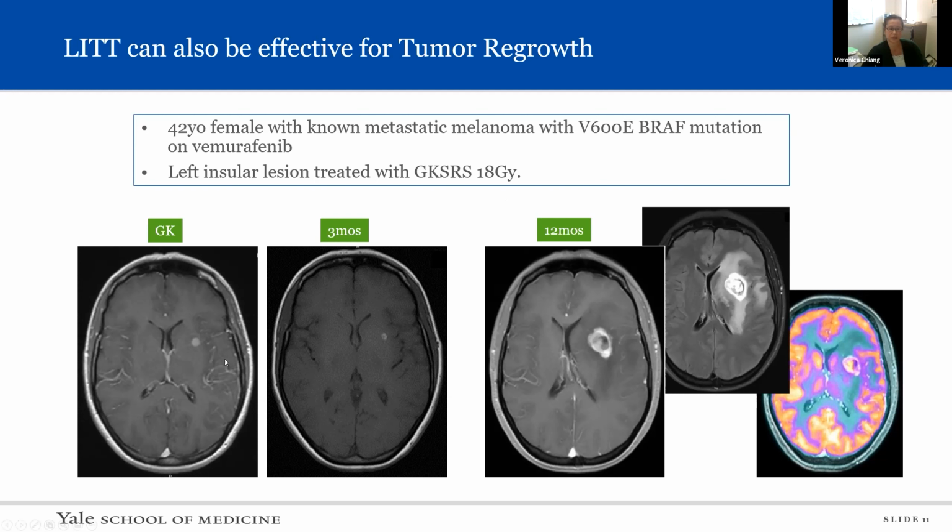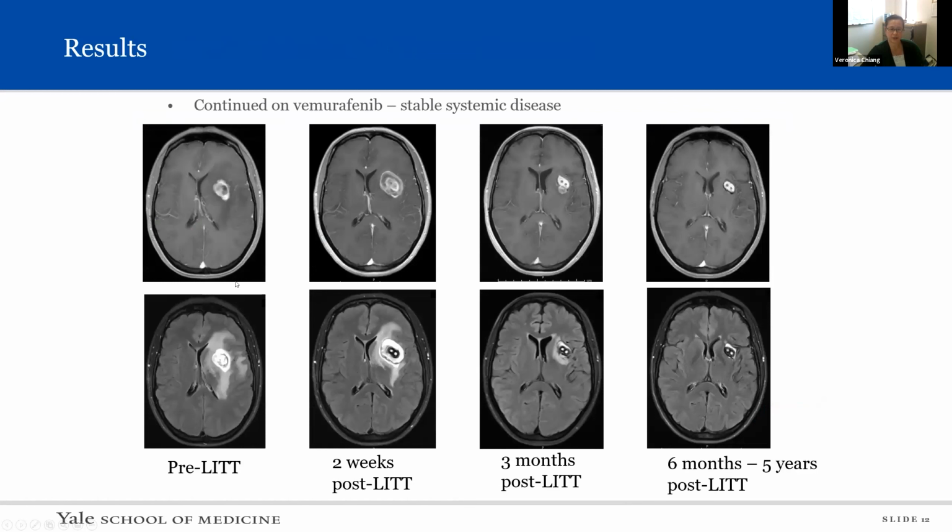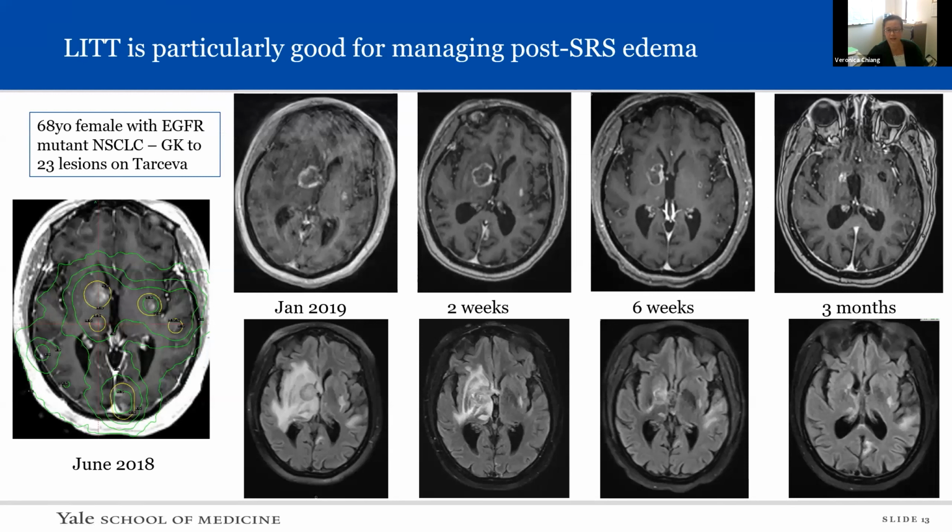So, 42-year-old lady, this lesion to the left, treated with gamma knife, good response at 3 months, regrowing at 12 months, turned out to be tumor on PET and biopsy. And you can see here that over the course of 6 months, this lesion turned out to be stable for a total of 5 years. All she ever needed was LITT. She never actually got any consolidation radiation. And so I think the lesson to learn is that if you can, so in the image second to the left, if you can get your ablation all the way out beyond the lesion, then it gives you your best chance at control.